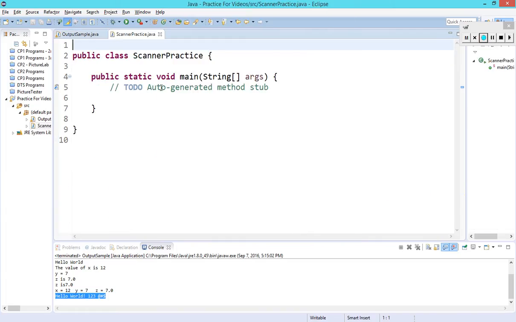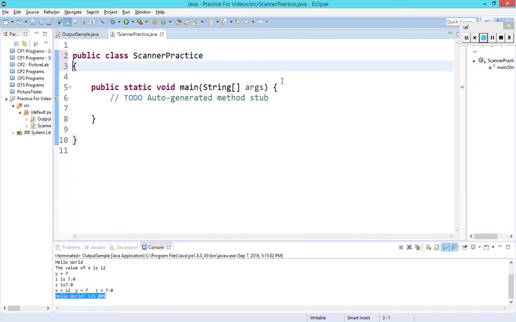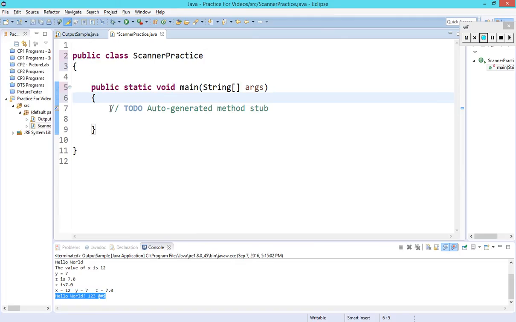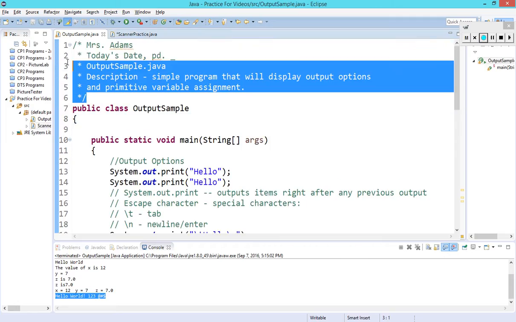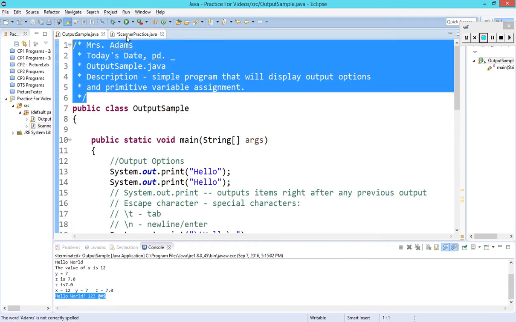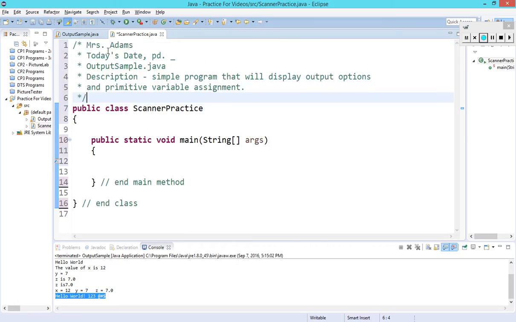And then one of the first things that I always want to do, I'm going to move my curly braces to the next lines, get rid of this comment that I don't need, and comment out the 2 ending curly braces so I remember where I'm typing things. And then I want to put my name, date, all that information at the top. Well, I'm kind of lazy, so I'm going to go back to an old program and copy it, paste it, change the date, change the